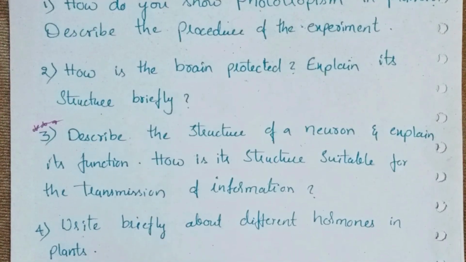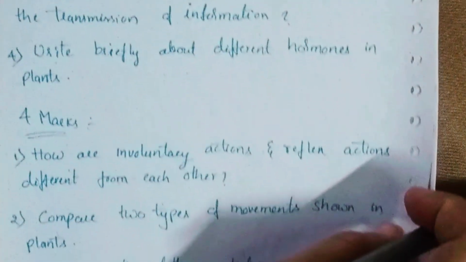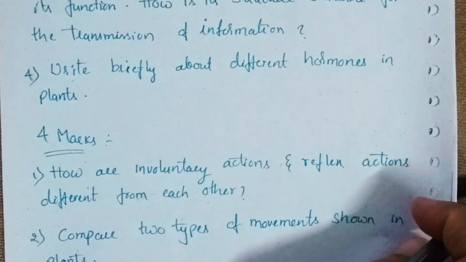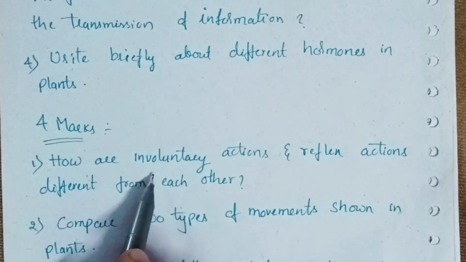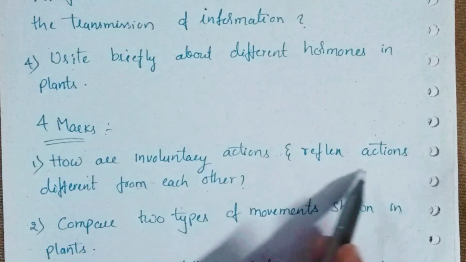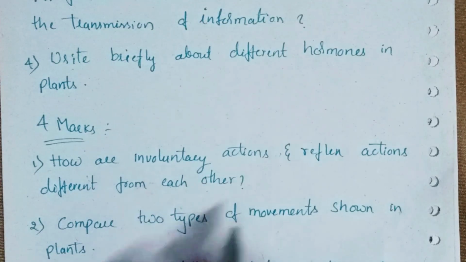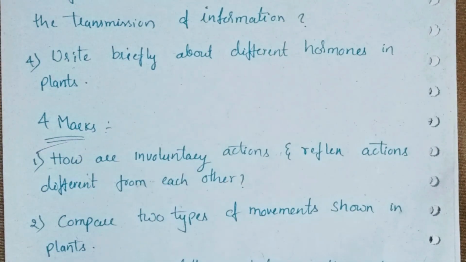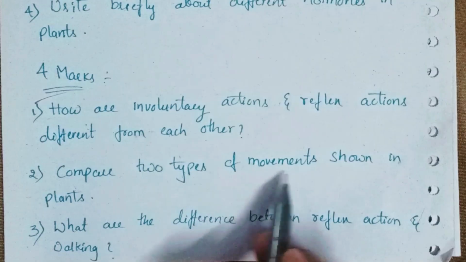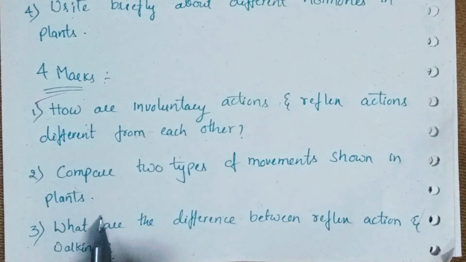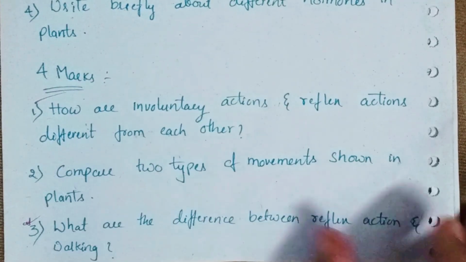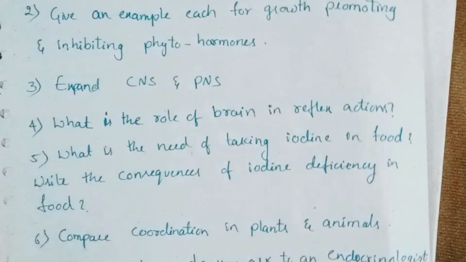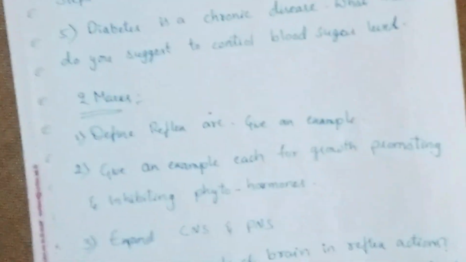Now we'll move to the 4 marks questions from this chapter, control and coordination. Let's see. First question is, how are involuntary actions and reflex actions different from each other? Next question, compare two types of movements shown in plants. Third question, what are the differences between reflex action and walking? Okay, understood? Let's see the fourth question, which is,